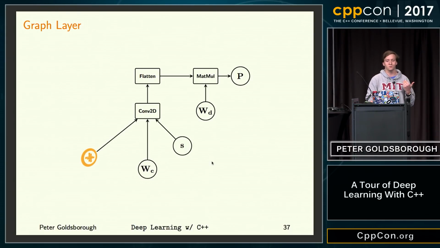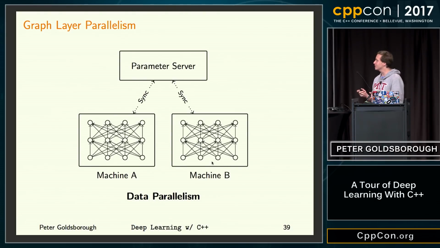So that's why this level of abstraction is very important. At this point, we can also talk about something different, which is parallelism. So now we're really getting more into the engineering. There's two kinds of basic parallelism we can achieve with a machine learning model. The first kind is called data parallelism. And it's actually quite straightforward.